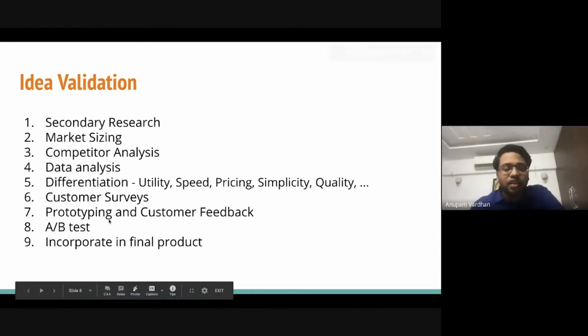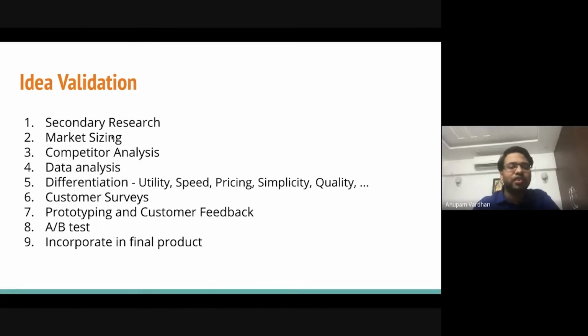Right. So the last 2 points are when you're building subsequent versions. So you've already released your product. Once you've released your product, you will again repeat this cycle. I mean, you keep repeating the cycle. That is what product development and management is generally about. So once you've got your product out in the market and you've got some feedback, you'll repeat this whole loop.